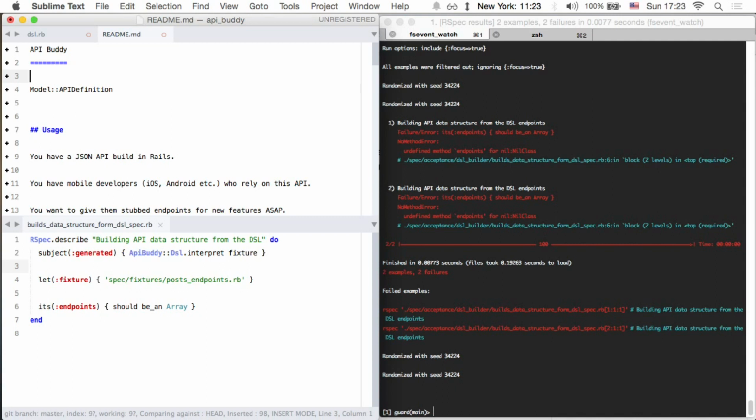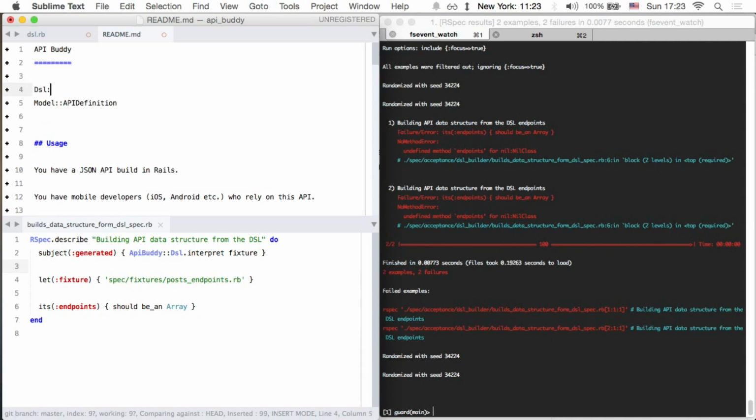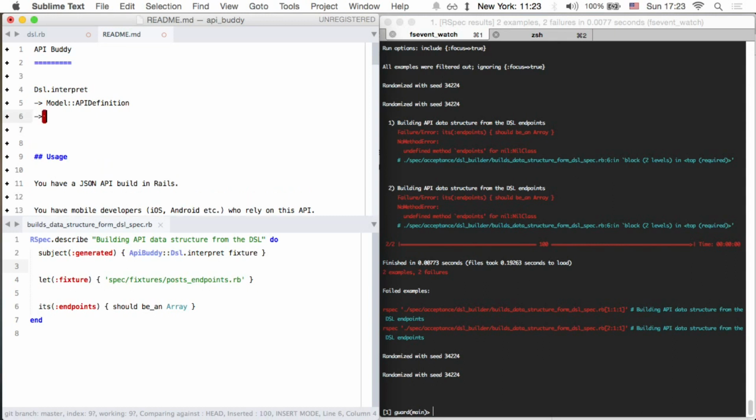So the DSL dot interpret is going to create this, right? And then that model, API definition,